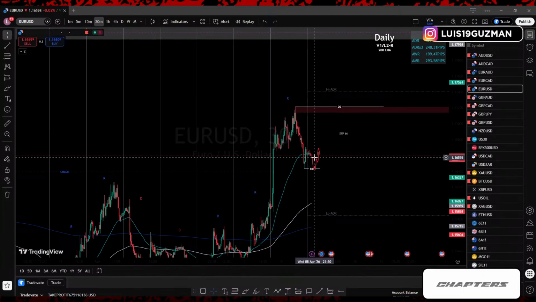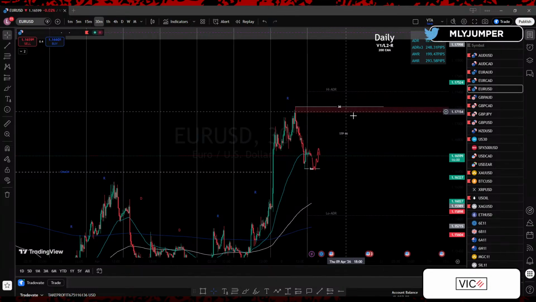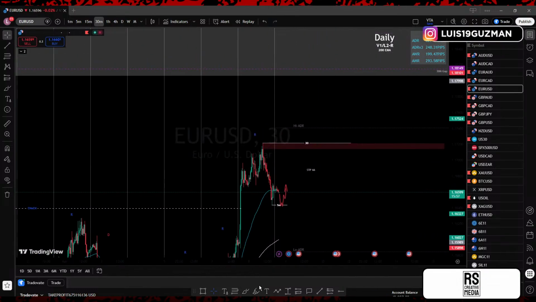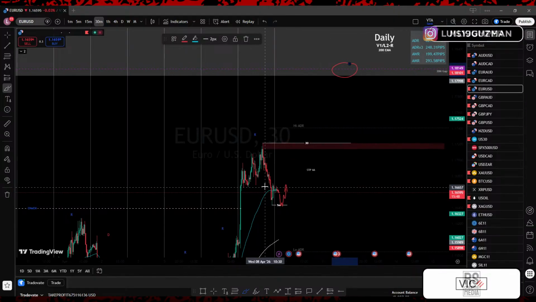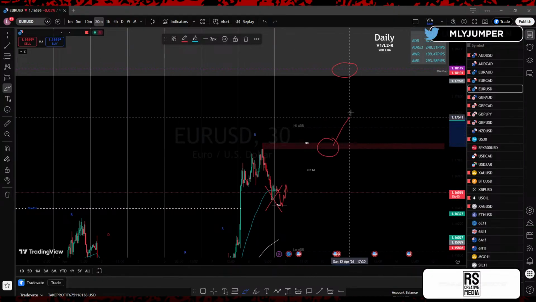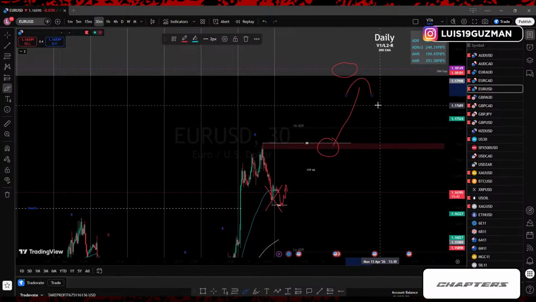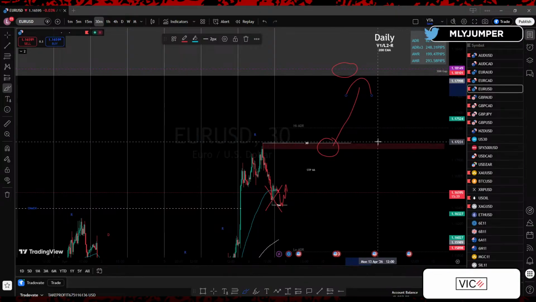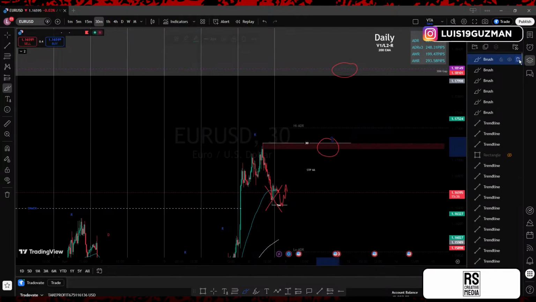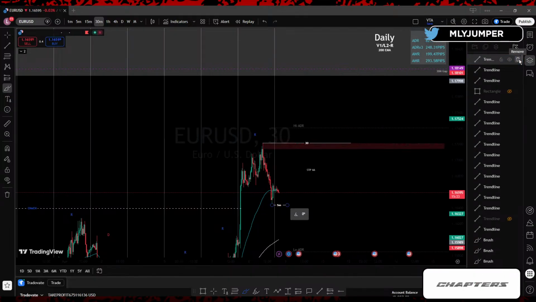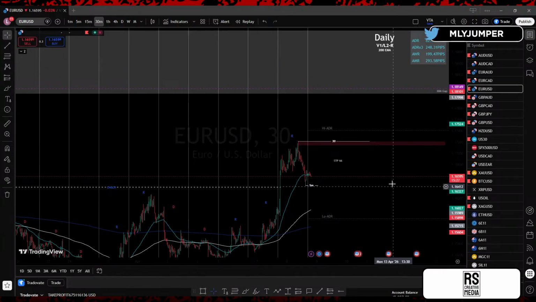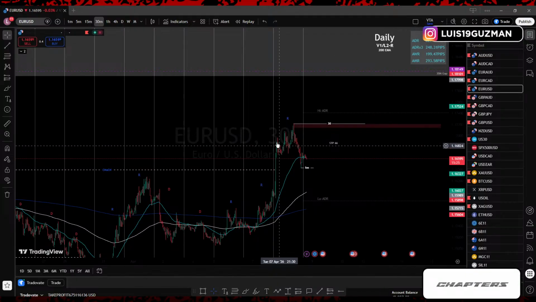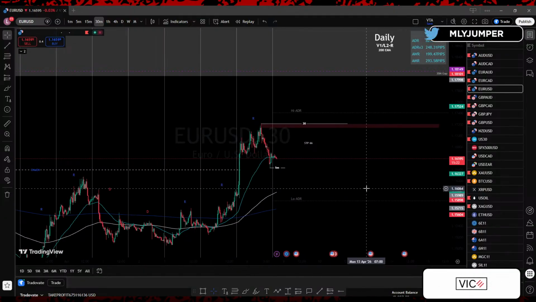Now, if price decides to give us this entry, cool. If it gives us that break of structure, this is where I'll start looking to take the trade. Because I understand that my first TP target, where I'm looking for price to reach, is the top of where this gap is at. So I'm okay with missing this trade because I'll catch this one, and this trade is going to give me that push into where that gap is at the top of the market. So what I was just explaining, yes, we didn't have the valid break, but that's just another entry model that people use. I was just giving the reasoning and the example as to what you would be looking for in this instance with a flag post pattern entry.